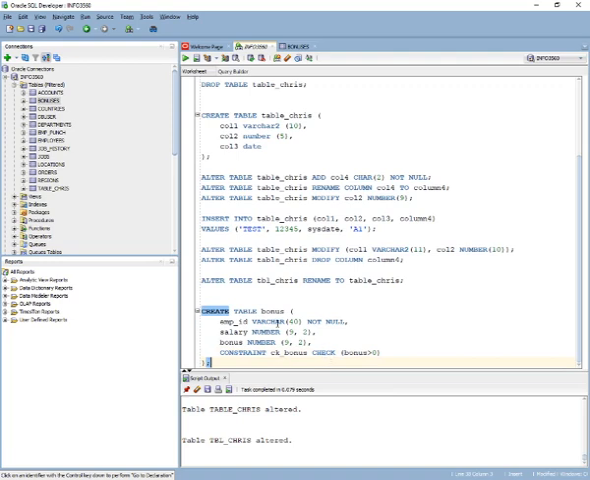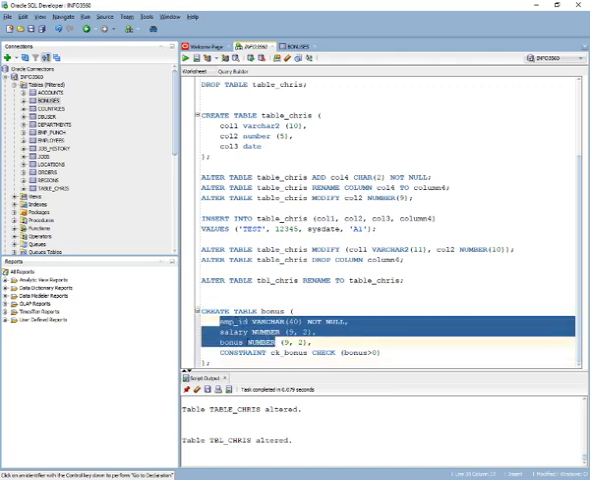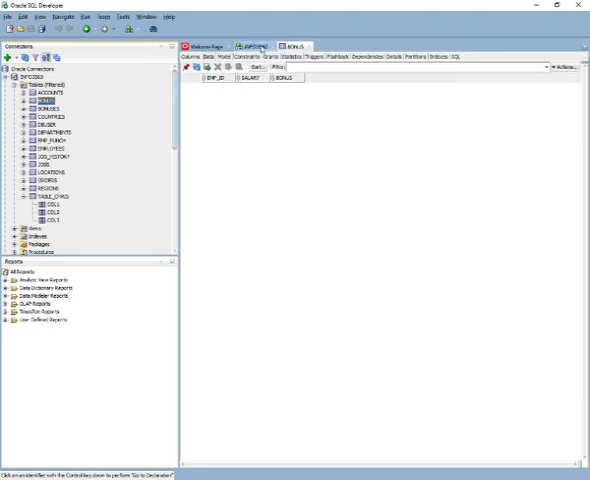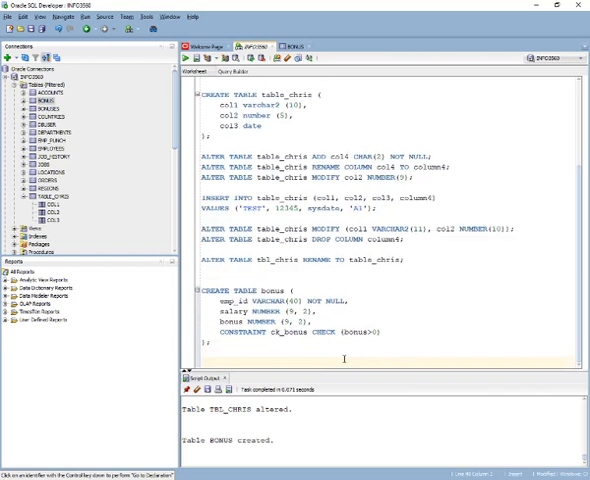Okay, so you can create a bonus table with 3 columns with one check constraint. So let me create the table. Then you must have the bonus constraint, right? I don't have any data yet, so let me test the table. Insert into bonus values 100, 5,000,